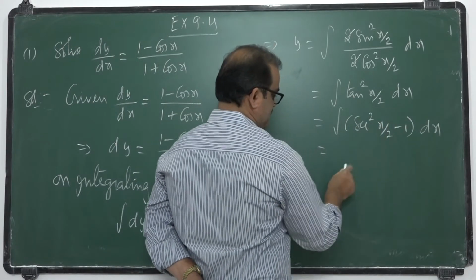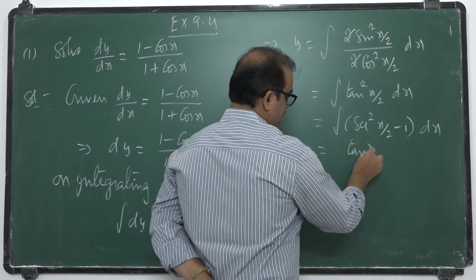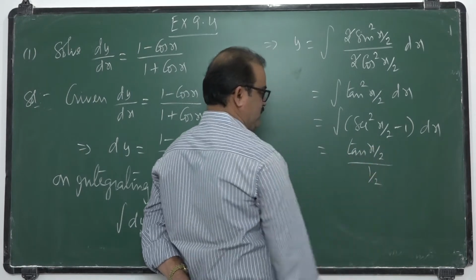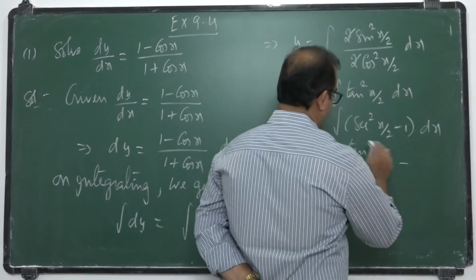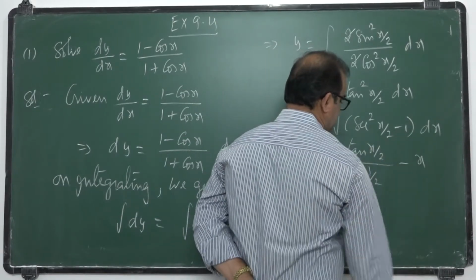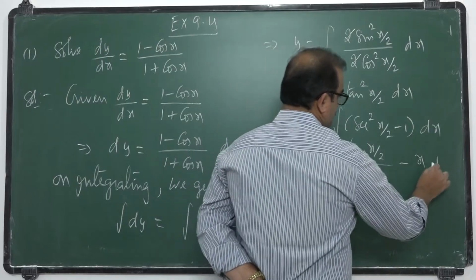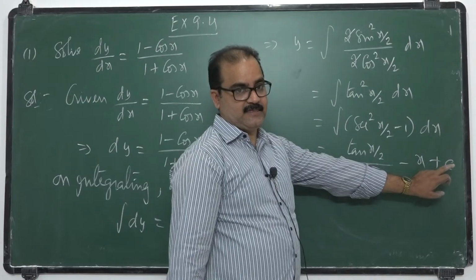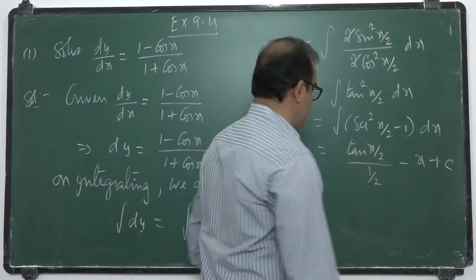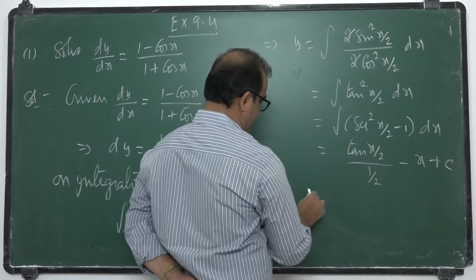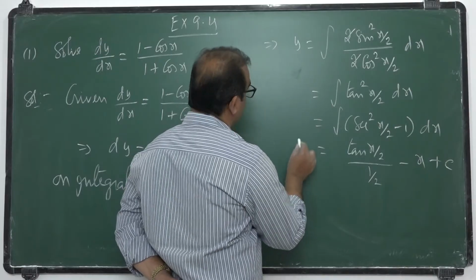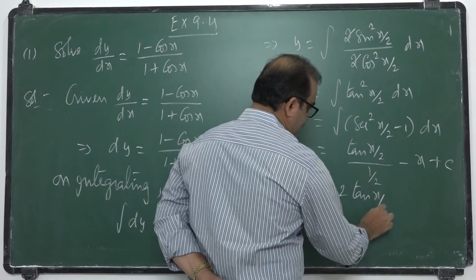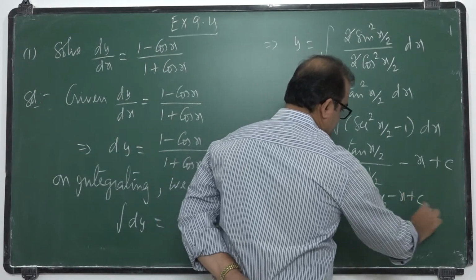So integral secant square x by 2 is tan x by 2 by derivative of x by 2, that is 1 by 2, minus integral 1 dx, x, plus c. You must write plus c after the integration. This 2 goes to numerator. Therefore, y is equal to 2 tan x by 2 minus x plus c